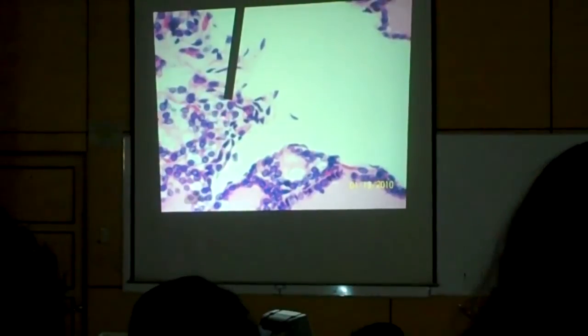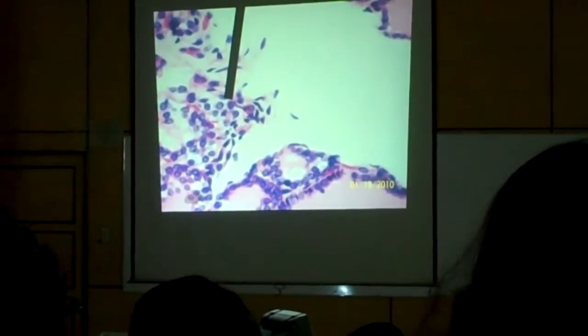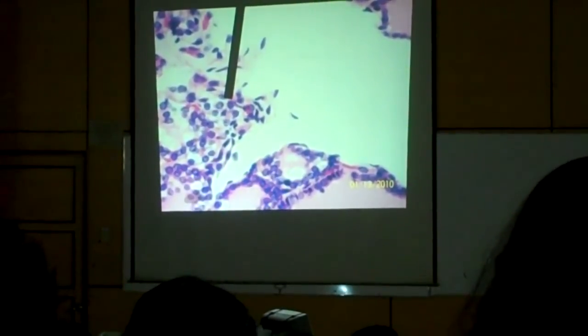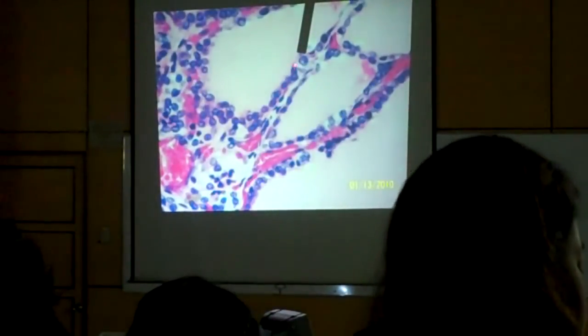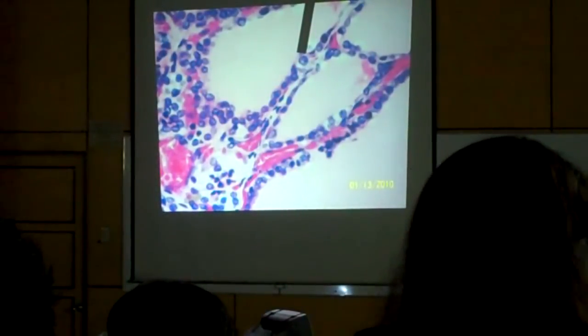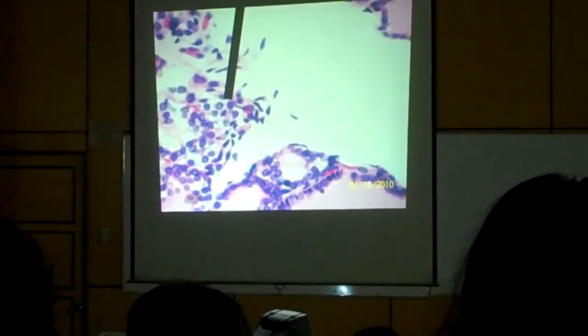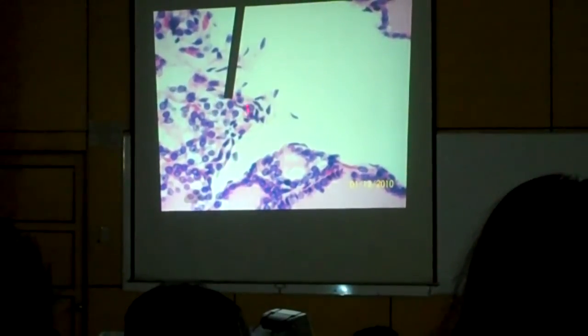Okay, these are also a group of parafollicular cells. The previous one was one of the lining of the follicle, but this group is outside the follicle. So you may see them in two locations. Okay, identify the whole organ. Adrenal gland. Okay, you have the cortex, the medulla, and the central